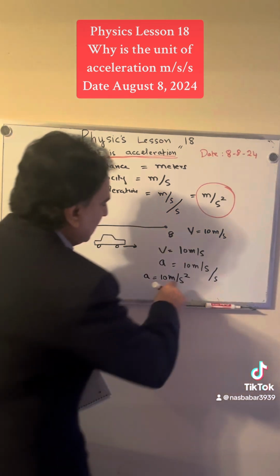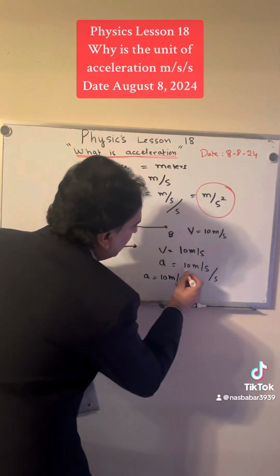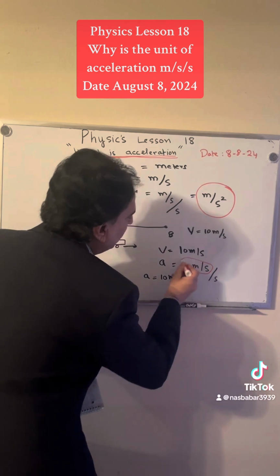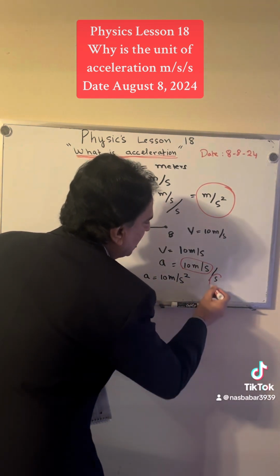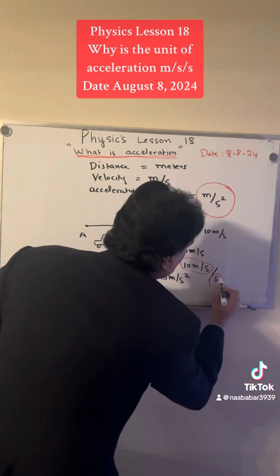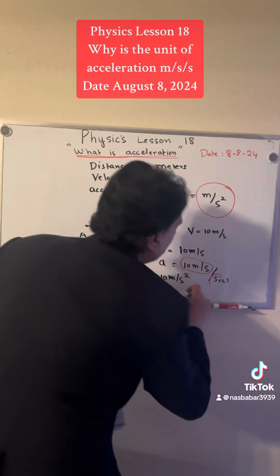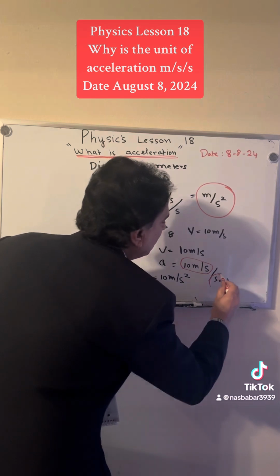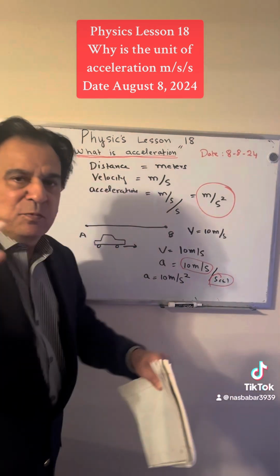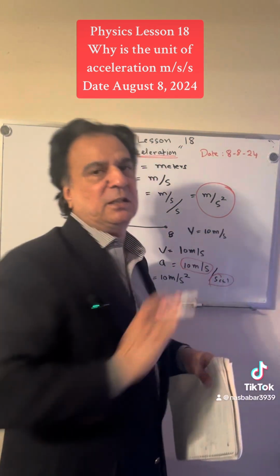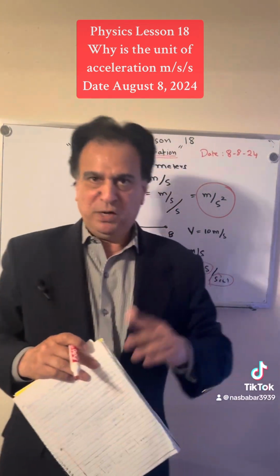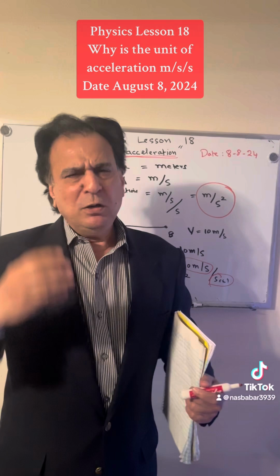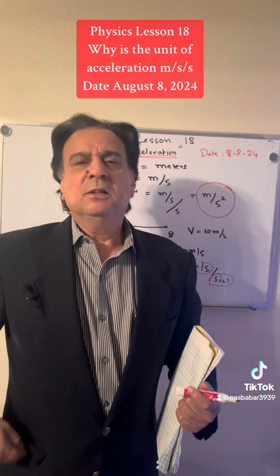This part right here, 10 meters per second, that's your velocity. And this second is the unit of time. This second comes in as the increase in velocity per second. So let that sink in. Think about it, let that sink in, and once you grasp the concept of it,